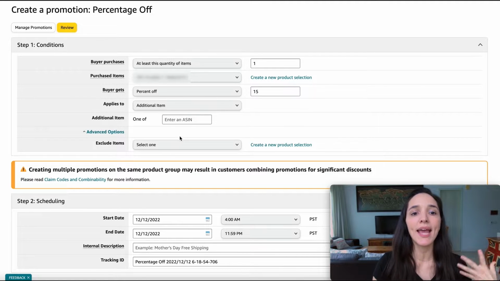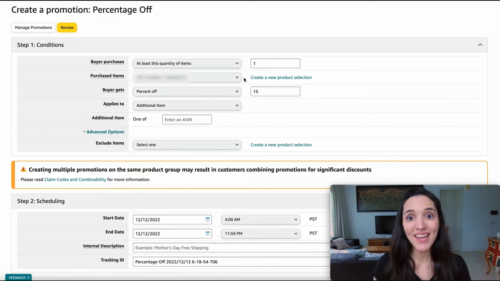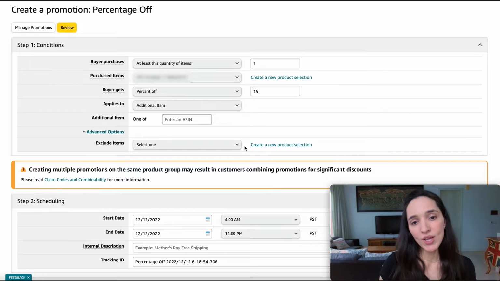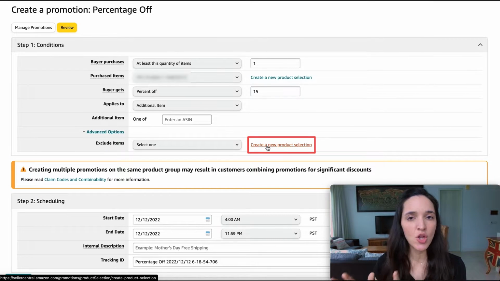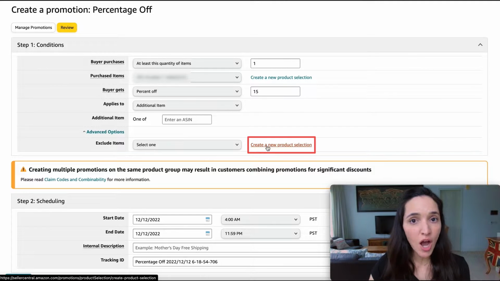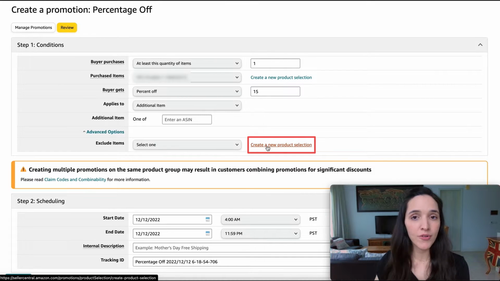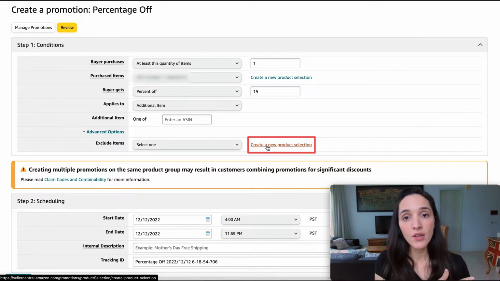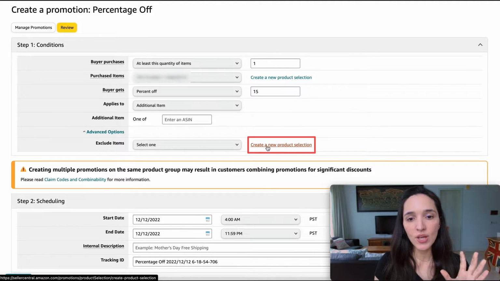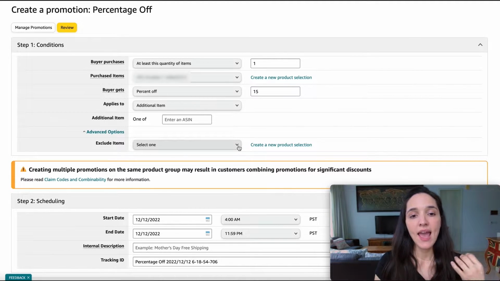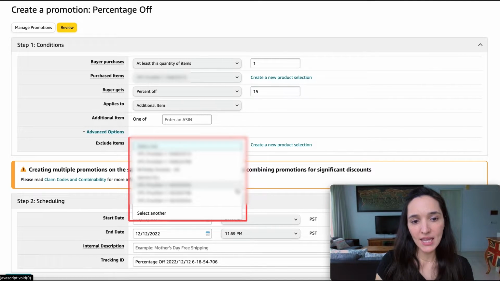And lastly, you can exclude items. Let's say that you have here your product selection, or that you have put your entire catalog right here, but you don't want a few of your products to be included in this promotion. What you can do is create a product selection of just those items. Let's say, for example, you're running out of stock of certain items, or they are your best seller. You just want to keep it away from the promotion. You just want to run the promotion for your other items that you want to move. Then you can create a new product selection if you don't have it yet. And then come here to the drop-down menu, select your product selection, and then it's going to be excluded of